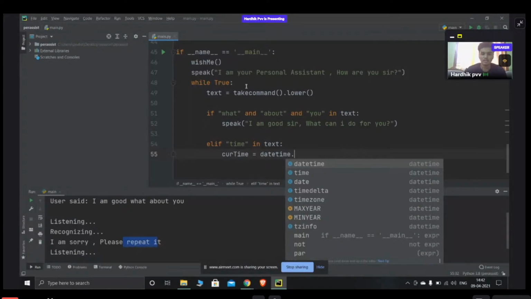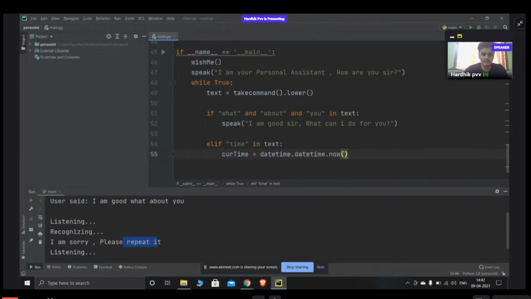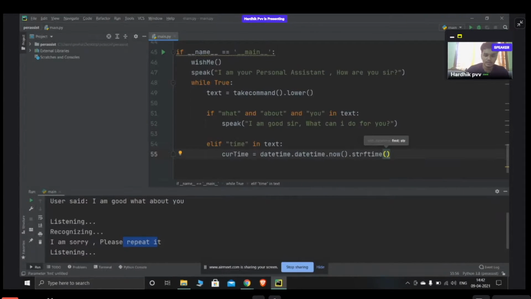Similarly to the hour, again datetime in the class is datetime, and now I want it in the form of string format. So time string format the time now. See this carefully. Here I'll tell you.